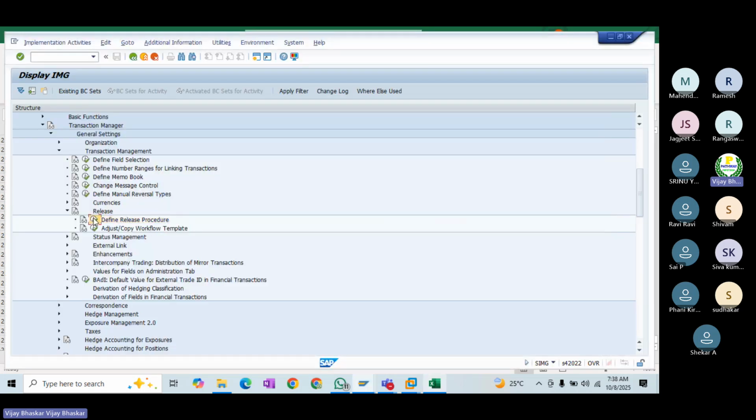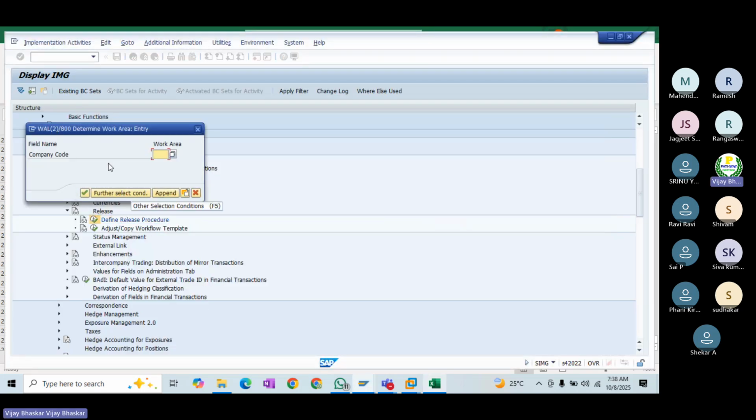What is meant by release procedures? The restrictions you may have across 100 company codes, but the workflow might differ because, from company code to company code, the person or the role might change. So we cannot implement the same release procedure across all the company codes. If the organization wants, then we can proceed. But here there are controls at company code level. I do not want to apply the same release procedure to other company codes.